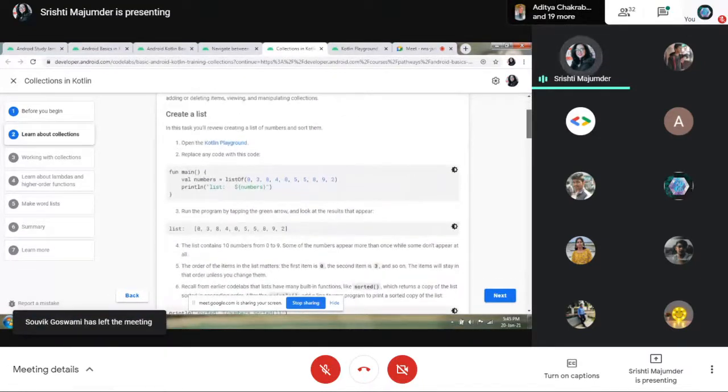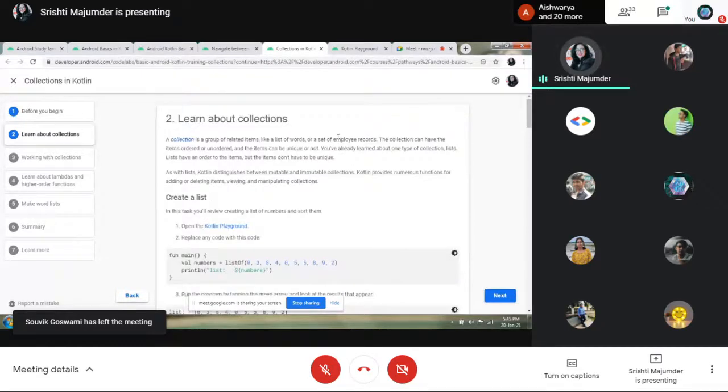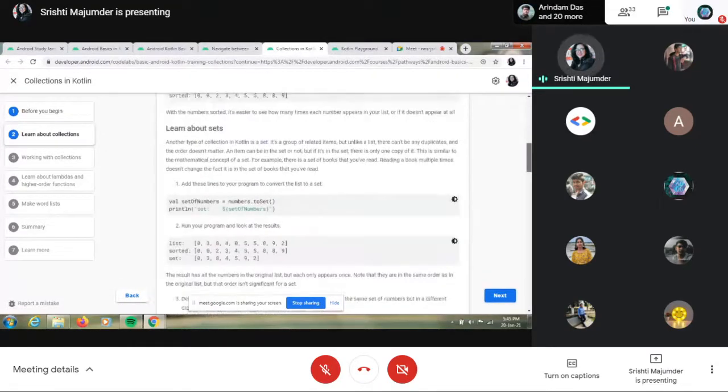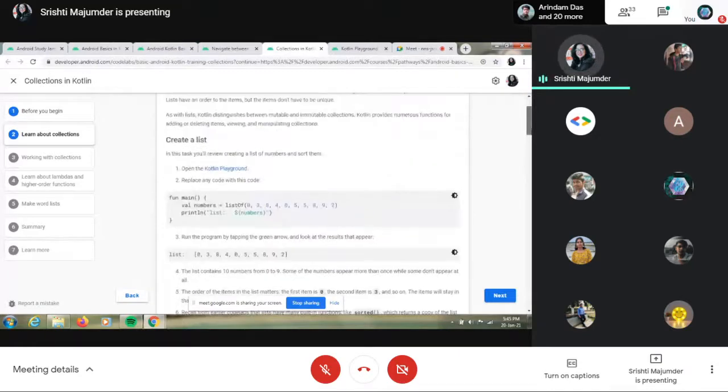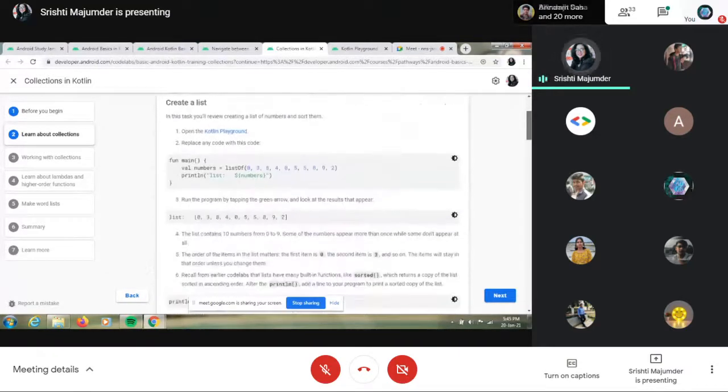So first, let's start by creating a list. Let me tell you first that in collections there are actually 3 types: list, maps, and sets. The first thing we learn is how to create a list. It's very simple.